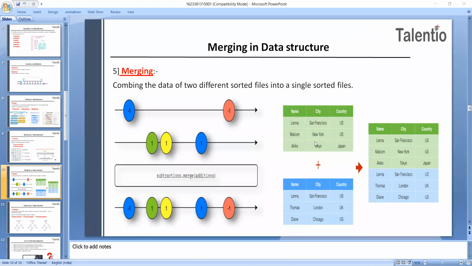First it is divided into two halves. Now these are two different files, and I have to combine them. So how will I combine? These have name, city and country. These are some of the names, cities and countries, and these are also names, cities and countries. The only thing to combine them is to add both files, and you will get one single combined file. This is the merging of the files. Suppose you have to merge these, you just use the merge function or merge operation to combine the files. Is it understood now?